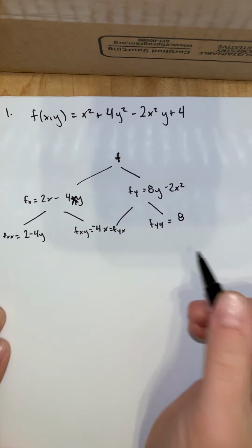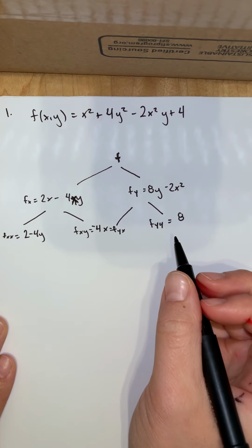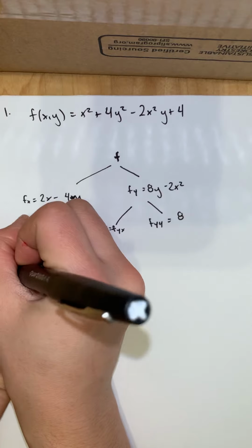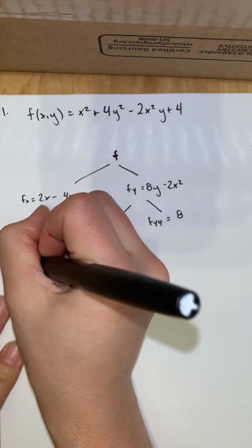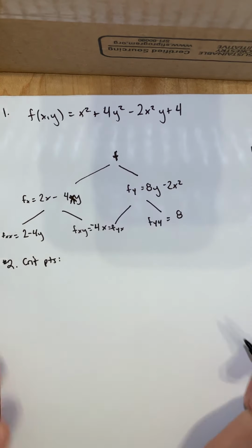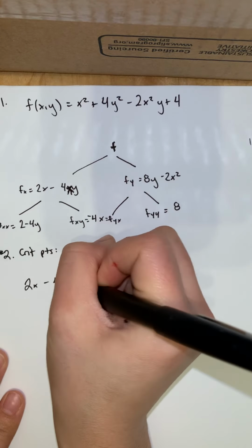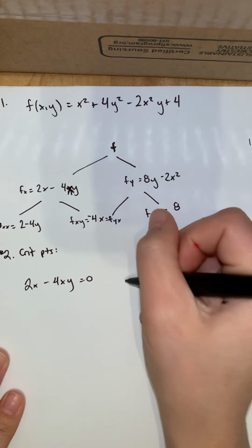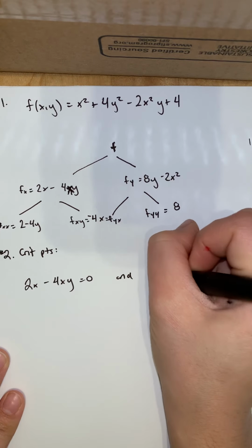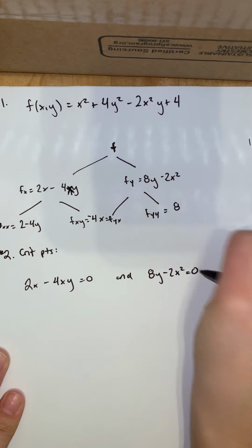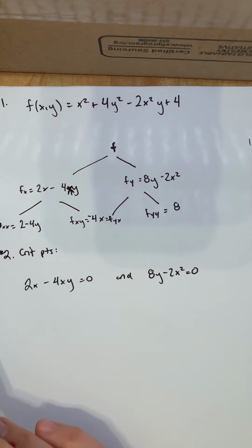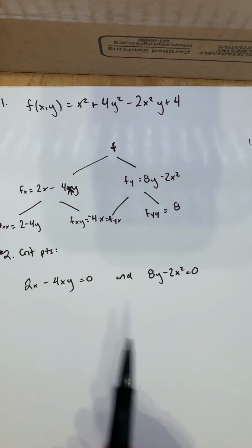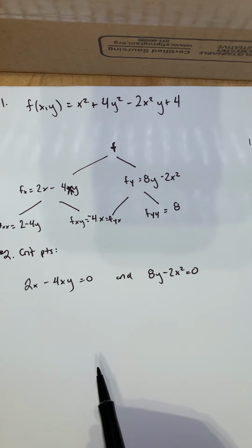So part 2. We're going to find our critical points. What I mean to say is we're going to set 2x minus 4xy equal to 0 and 8y minus 2x squared equal to 0 and solve. Now, there's not necessarily an easy way to do all of this, but we know that both of these guys need to equal 0. Okay, all right, so